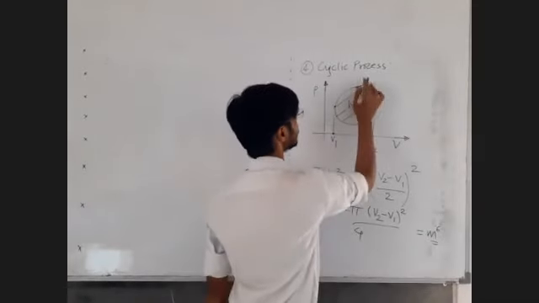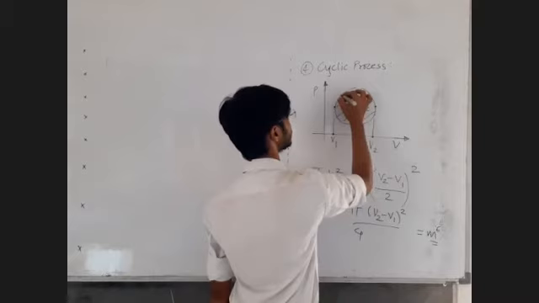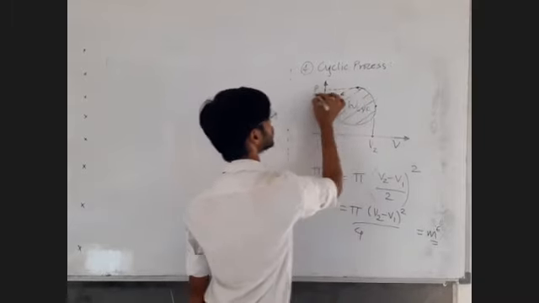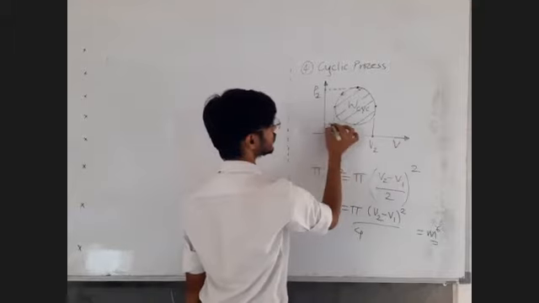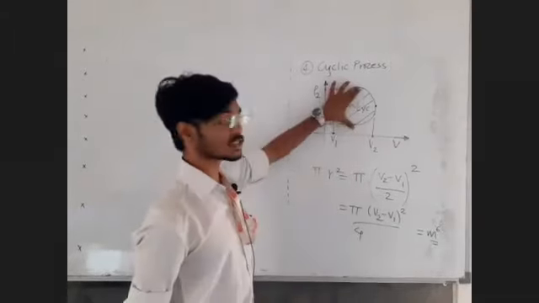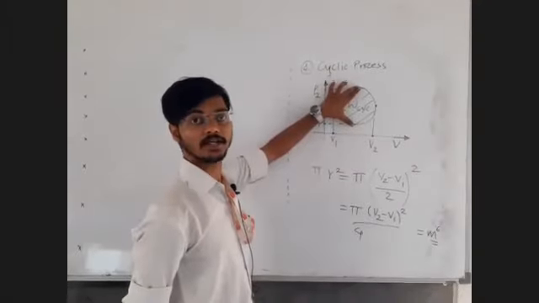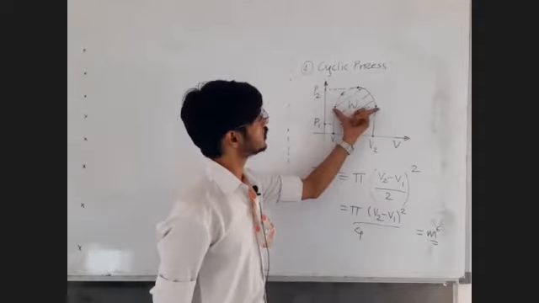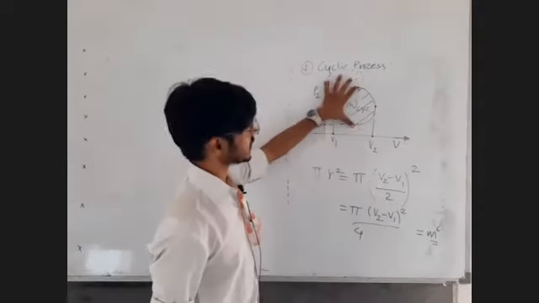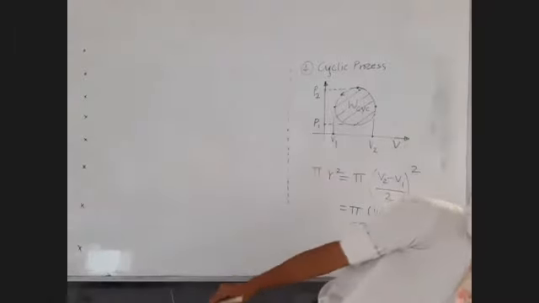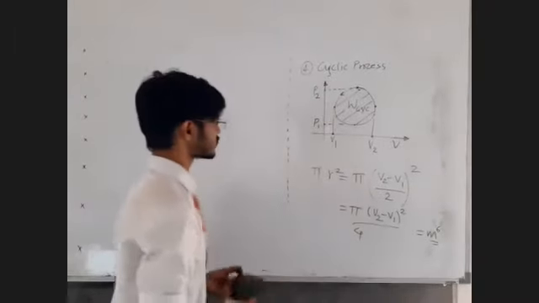Fine. Let's say in that case we are given the pressure values. This value is the pressure P2, this value is the pressure P1. So sir, can we take this as a diameter and half of it as a radius? No. Again, you will end up making the same mistake. This as a diameter you cannot take. So then what to do? You have to assume it as an ellipse.